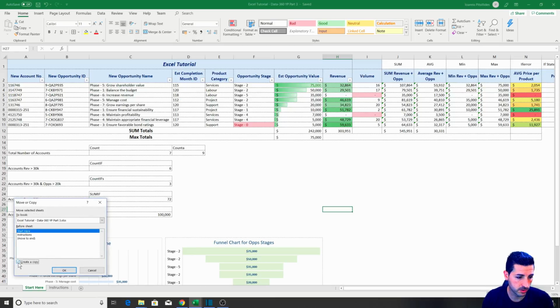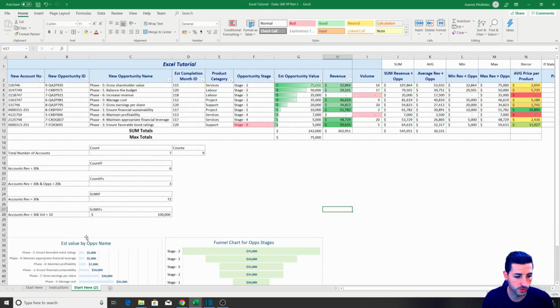So click on Create a Copy and then we want to move it to the end. This is basically asking you where to put this copy, and then I click OK. And now you can see I have exactly the same. If I move it in between, Start Here and Start Here 2 have exactly the same data. So I'm just going to rename this as Part 3, which is this video.